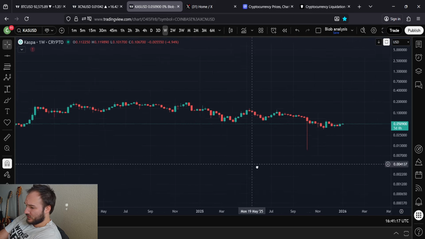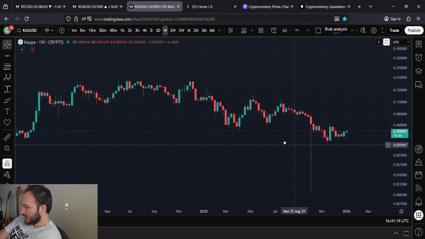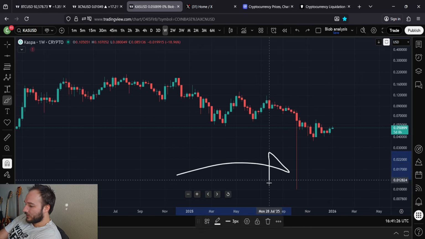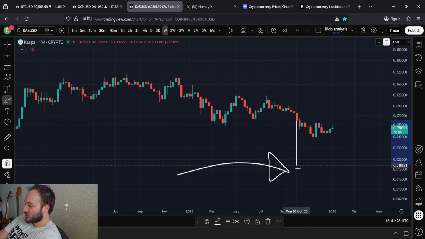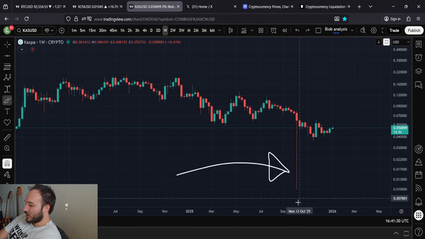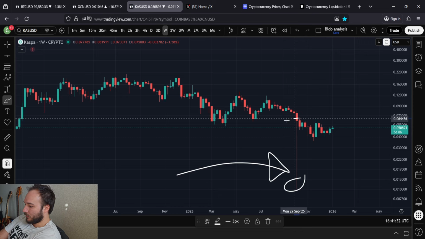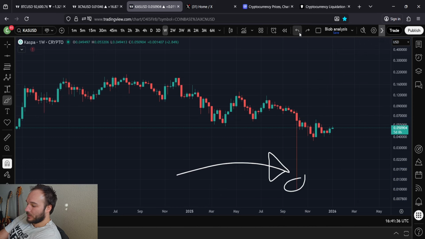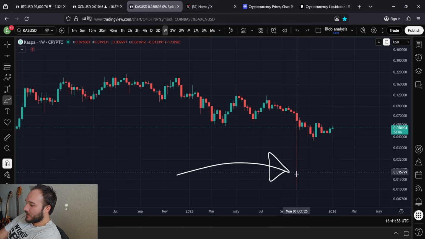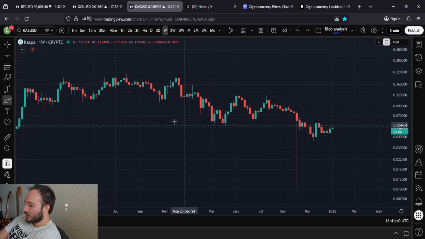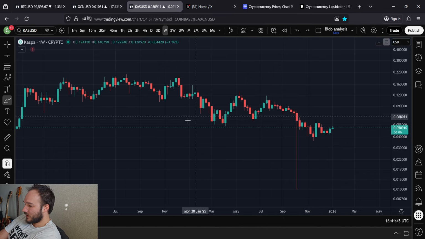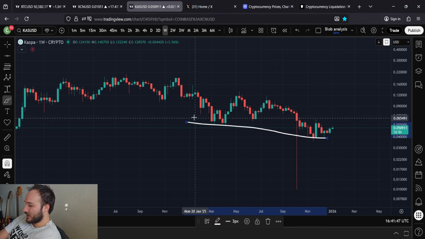Now it depends on how you do this analysis, because if you're looking at this from the scope of this low being real, then it doesn't make sense, which I don't think this low is real. Yes, it really happened. Yes, exchanges crashed, but as soon as the exchanges crashed, we dropped down here. As soon as they opened back up, we were all the way up here. Nobody actually bought down here unless they had buy orders set up. You know what I mean? It wasn't real price action. So I don't count that. I count this as the low right here. Sorry, I was trying to draw a line. I count this as the trend, not this.